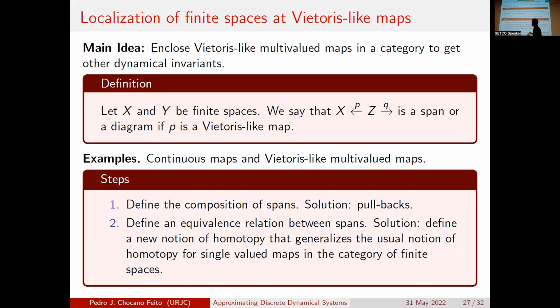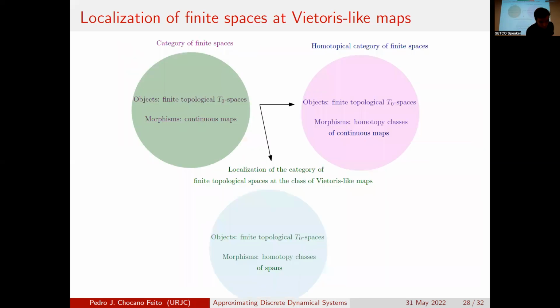We want this new notion to generalize other notions of homotopy. We are interested in a new notion of homotopy, for instance, that generalizes the usual notion of homotopy for the topological category, or other notions of homotopy for multivalued maps. This can be done, and we can obtain the following